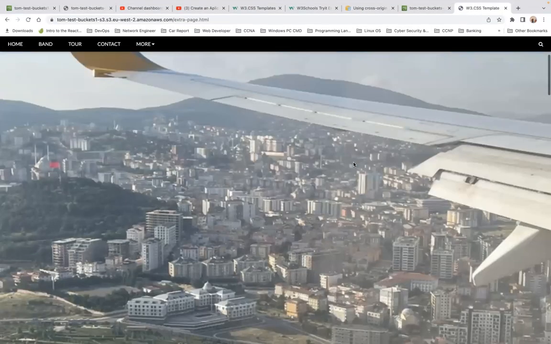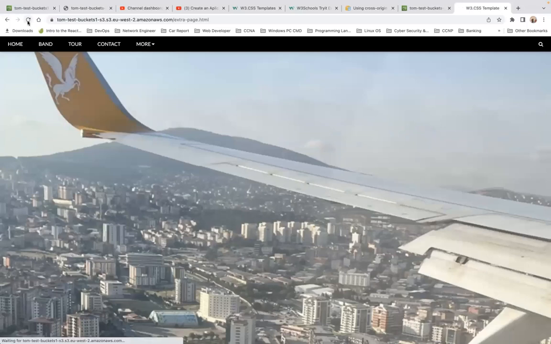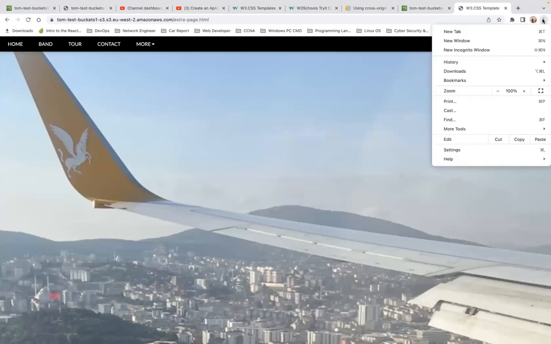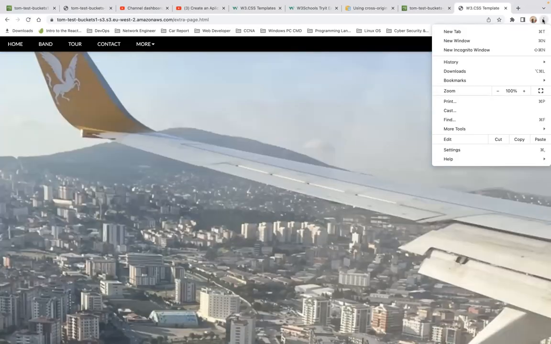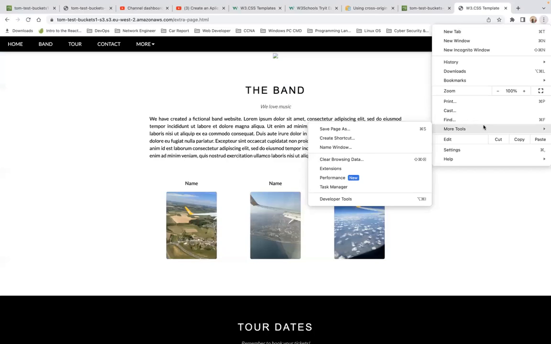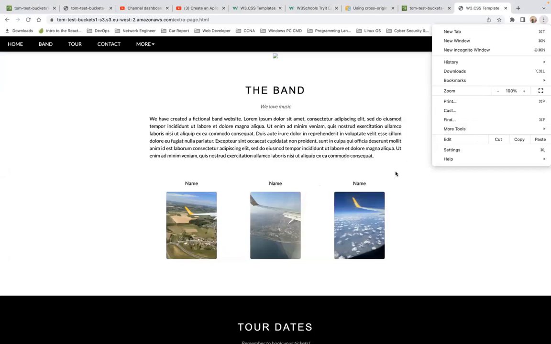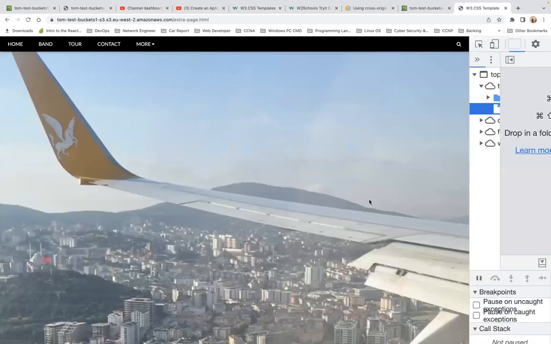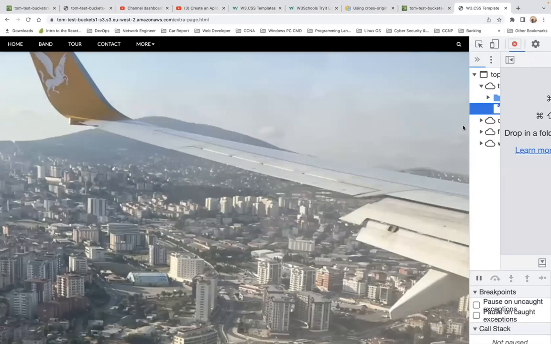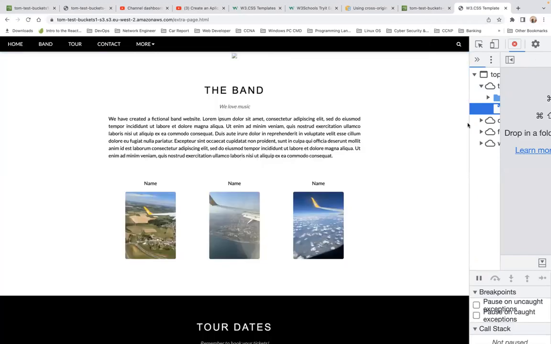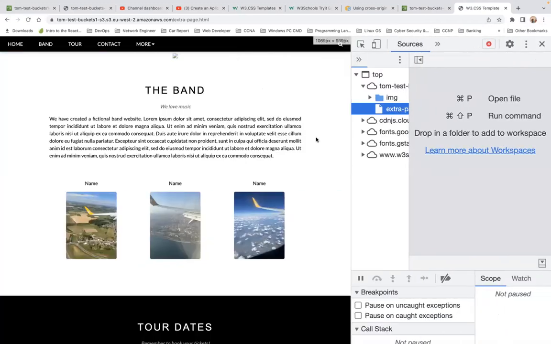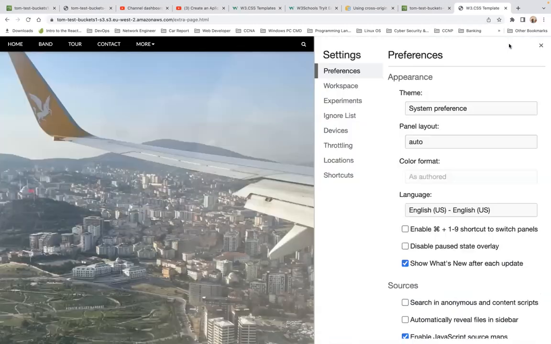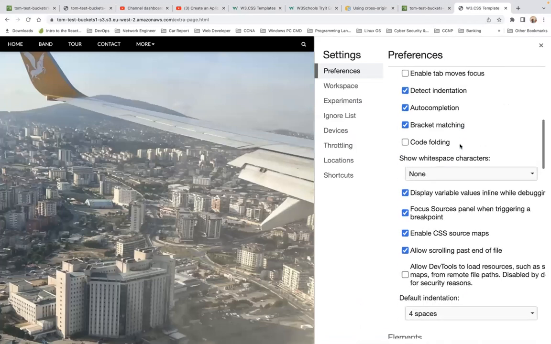So now if I refresh, if I go to settings, I mean, yeah, developer tools. Let's take a look at this and see. So it looks like, if I look on the developer tools,